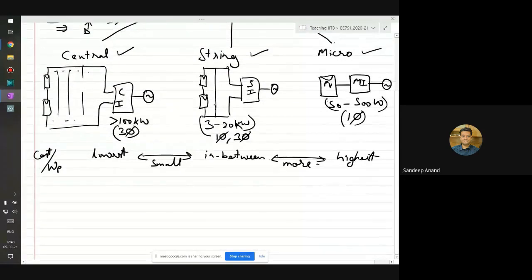The other reason why microinverters are usually for rooftops is that you are doing one MPPT tracking, one MPPT tracker for each panel, right? You might have watched the previous lecture on distributed MPPT. Here, microinverters are by default doing distributed MPPT. They are tracking the MPPT of each and every panel. Therefore, it makes much more sense to use microinverters for rooftop applications, where the chances of shading are much more. A string inverter tracks a few strings, so the MPPT performance is still acceptable.